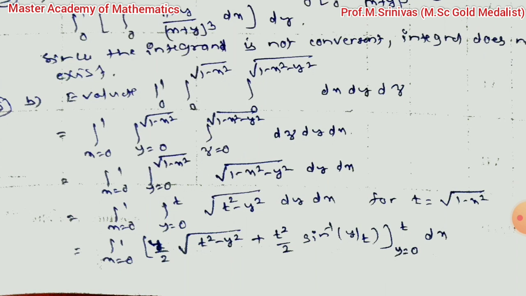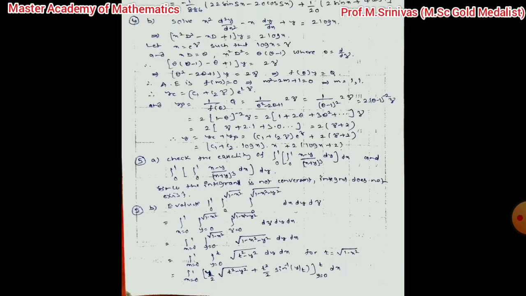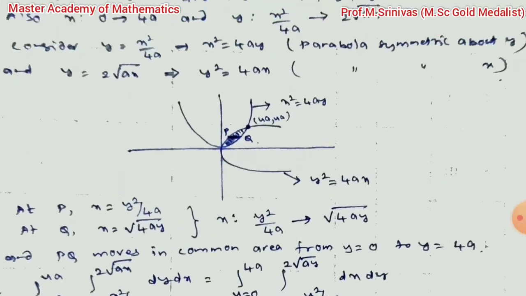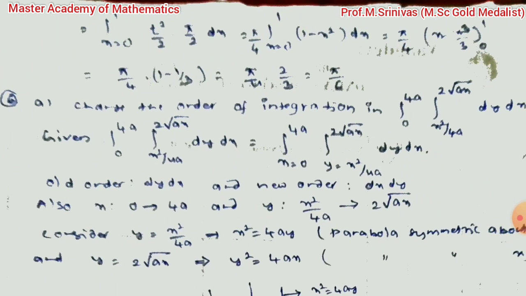Just do the simplification, and we have a formula, the integration of 1 by root of a square minus x square. I am directly using that formula and substituting the limits. You need to have certain integration and differentiation principles, otherwise you can't find the answer. On substituting the values and doing the x integration next, the final answer is pi by 6.